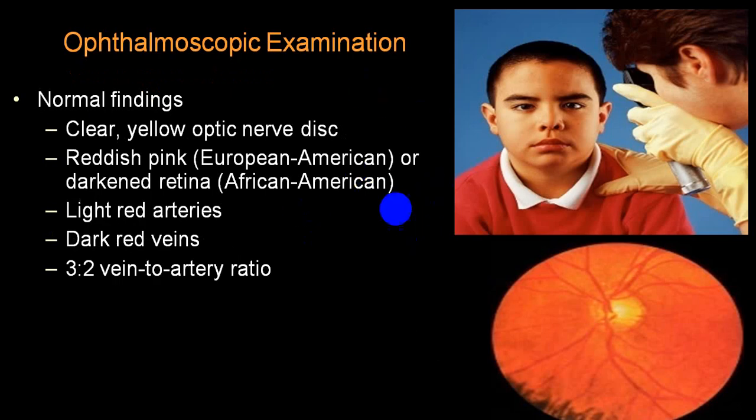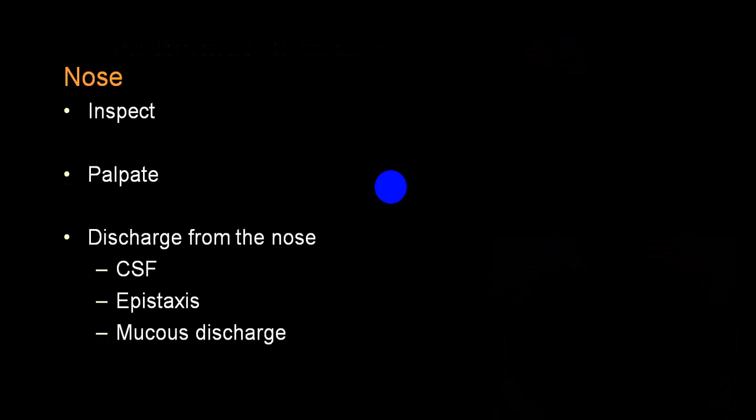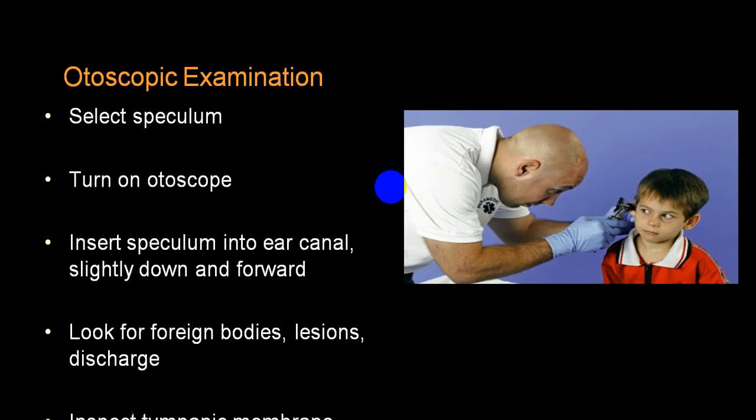Then fundus examination is absolutely necessary. We should learn how to do fundus examination and look at the fundus. It gives you a lot of idea regarding a CNS examination. Even a nasal examination will be very helpful prior to doing olfactory nerve examination, and also if there is a CSF discharge in case of basal fracture skull, if there is a bleeding ENT again in basal fracture skull, and if there is a nasal pathophysiology which can be responsible for even meningitis. So that will be one of the parts of nasal examination.